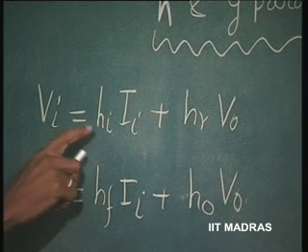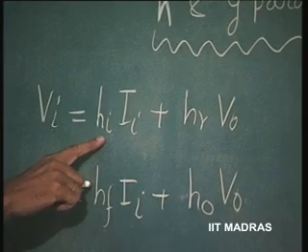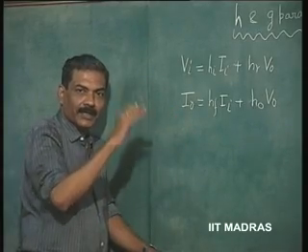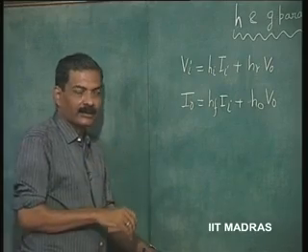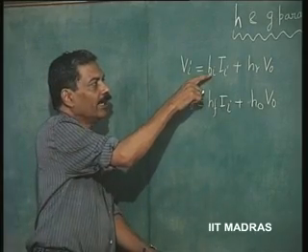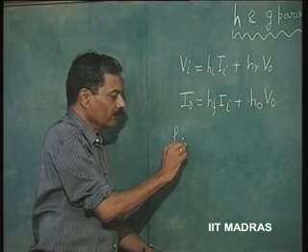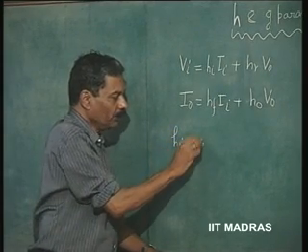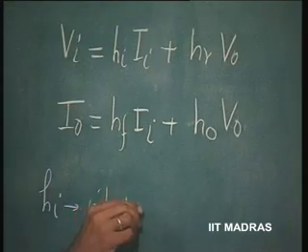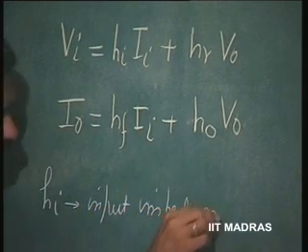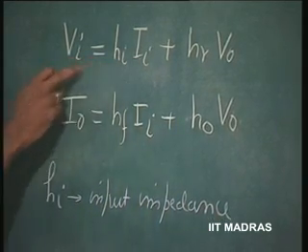This is either self admittance or self impedance, it is called self. Okay. So, Hi is therefore input impedance, dimension is Vi by Ii. So, impedance